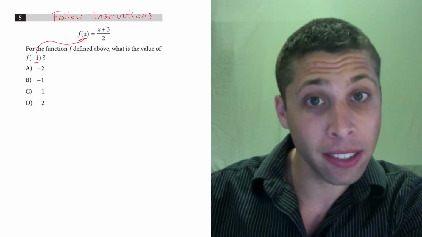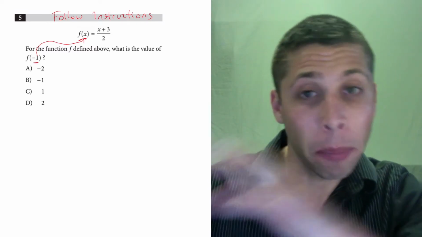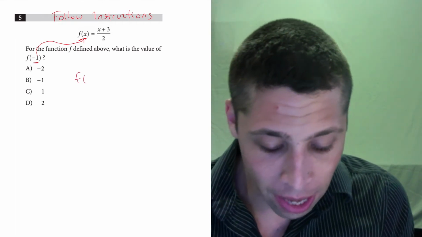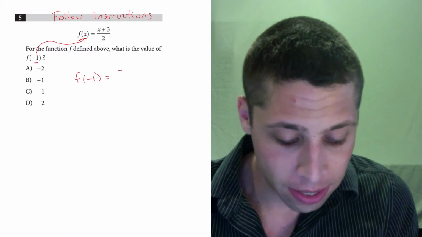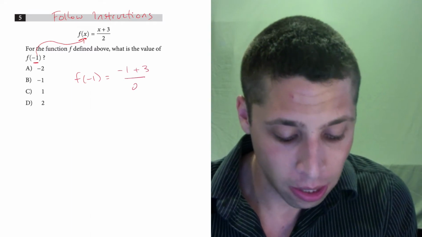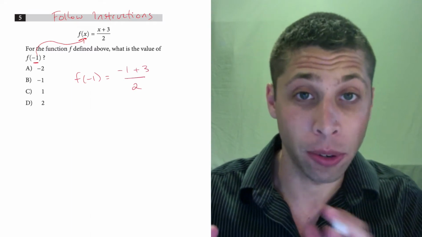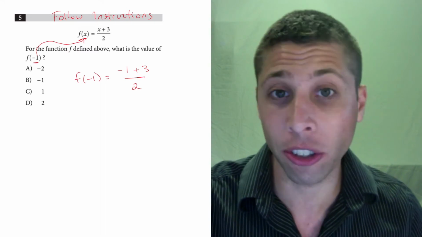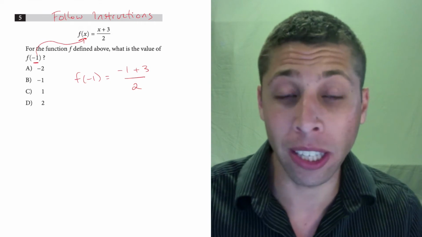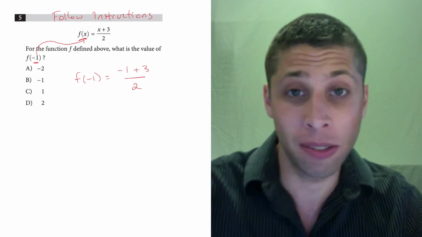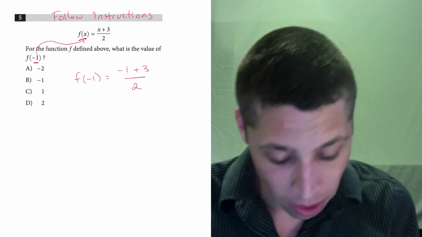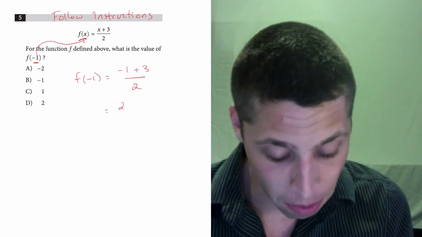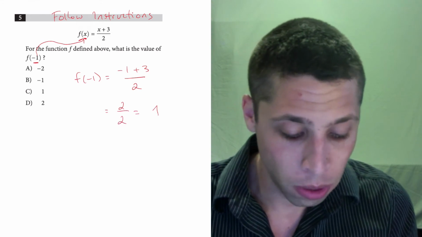It's in place of x in the f part, so we have to put it in place of x in the equation part. So just to write it out, f of -1 is going to be -1 plus 3 over 2, right? So -1 is just being put in place of the x. That's the instruction. And once we follow it, this becomes really easy. All we have to do now is simplify this equation. So f of -1 is going to be, well, -1 plus 3 is positive 2 over 2, which is just